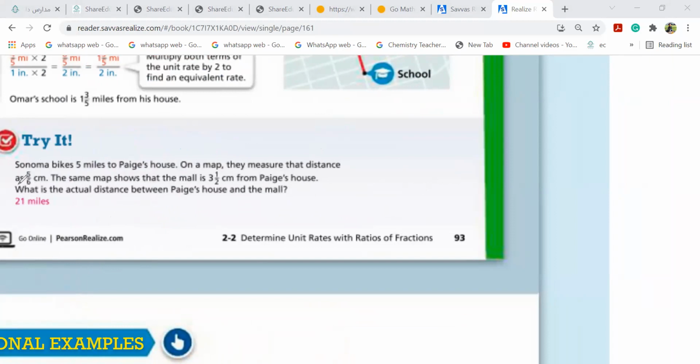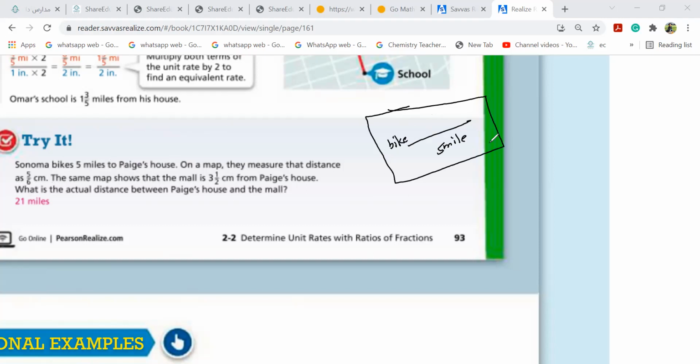Okay? So Noma bikes 5 miles to Peg's house. On a map, they measure the distance as 5/6 centimeters. Okay, see, like this is a map. Listen to me. And she bikes 5 miles. Maybe her bike is here. From the bike start, she goes 5 miles